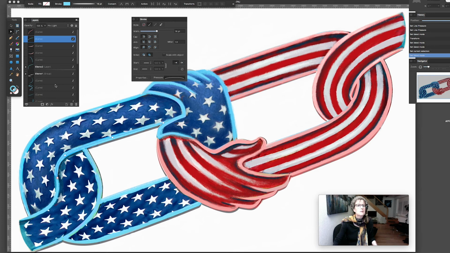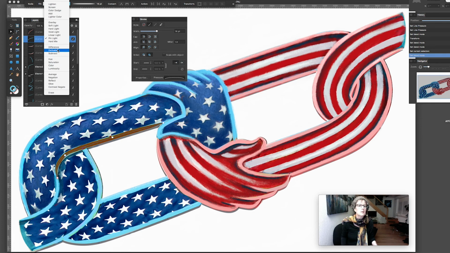Next time, we'll be working in the pixel persona. That's my goal for next tutorial. We'll meet again with the same illustration and work in the pixel persona to clean up the background. Then you can see the pixel and the vector persona is in the same